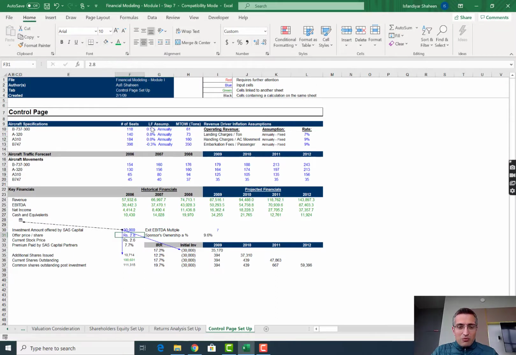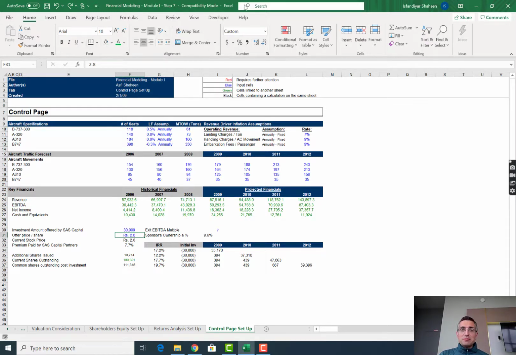And now we can actually start advising our client that, okay, if you bid 2 rupees a share, this is how your returns will look like. If you bid 4 rupees a share, this is what your returns will look like. And here you can start getting a bit more creative as well, right? Like in the earlier dashboard, I showed you